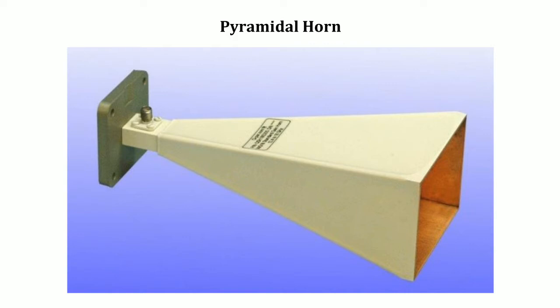To improve those characteristics of the transmitter, the ends of the waveguide are flared out to form a horn-like structure. The taper of the horn changes the impedance gradually. The tapering in the horn will change the impedance gradually. That means it will try to match the impedance of free space and the waveguide.